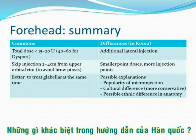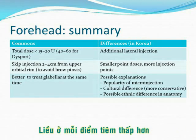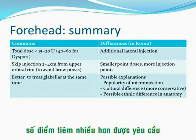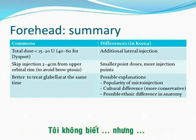But what's unique in Korea is additional injection points on the lateral part of the frontalis, and smaller point doses, of course, and it requires more injection. More injection points are required. So, what is the reason for such discrepancy? I don't know, but as you already